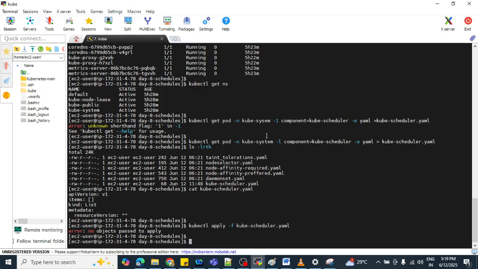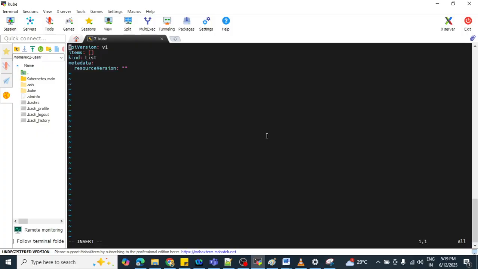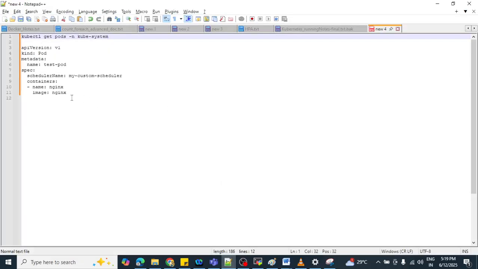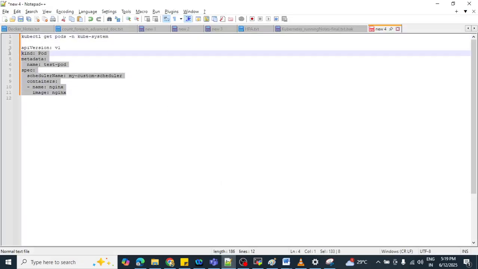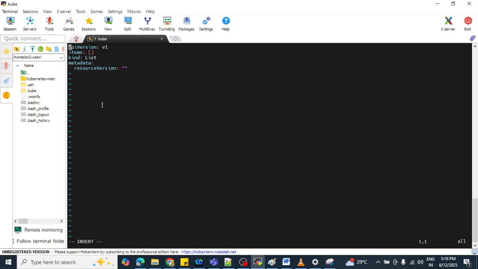We need to pass some object inside the YAML file, and after that we need to apply. But it will not work because the file is not updated with your default scheduler.